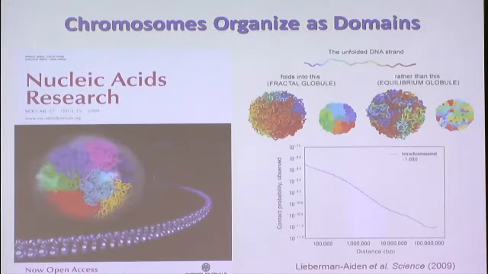We've heard this story several times this morning now. I'm not going to dwell on it, but I do want to focus on the fact that for the so-called equilibrium globule, the power law dependence of the so-called contact probability has exactly the same power law dependence that you get for cyclization of two free DNA ends when the DNA molecule is sufficiently long. And so you'll see that shortly, but